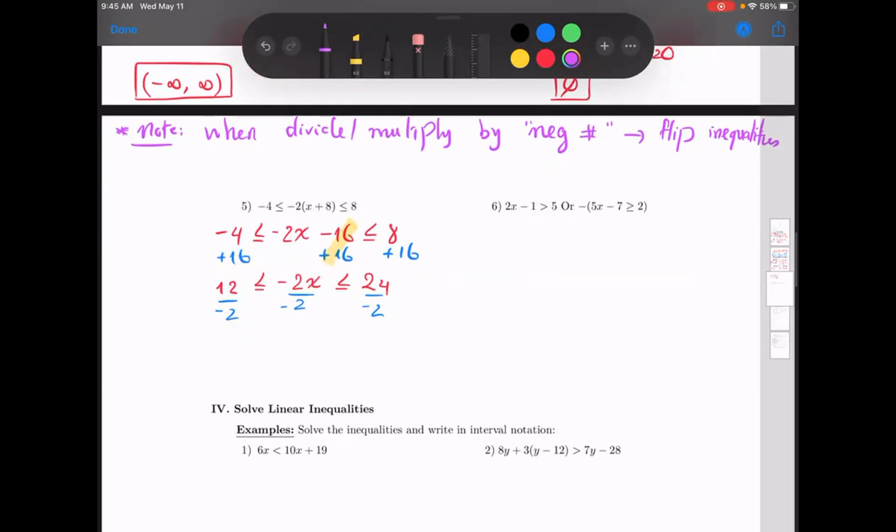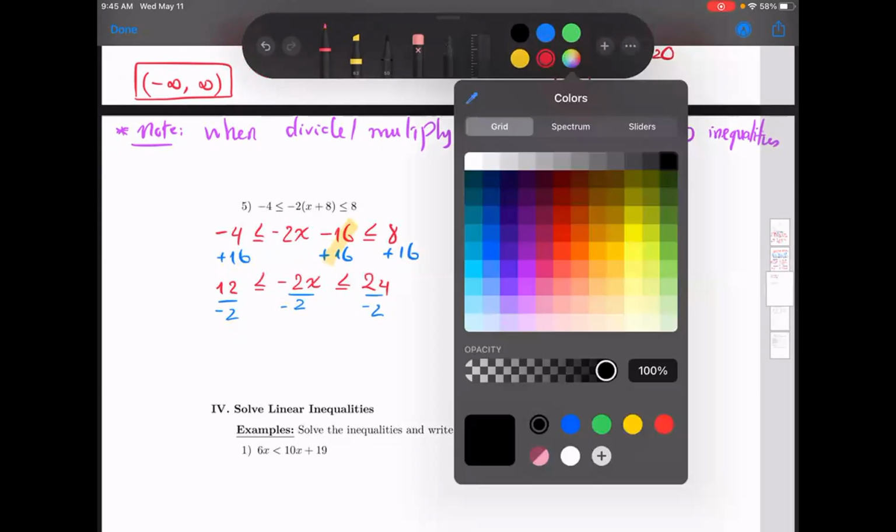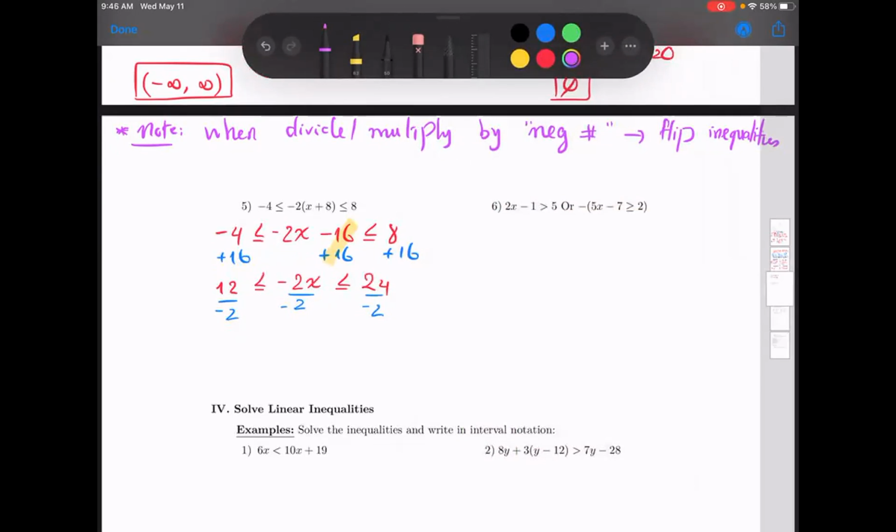So I flip this, but I'm going to keep it in purple so we remember. Greater than now. Okay. Back to red. -12 divided by -2 is -6. Oh, by the way, this one is canceled, so it's just x in the middle. Right? 24 divided by -2 is -12. Makes sense, right? So now if you graph it on a number line,